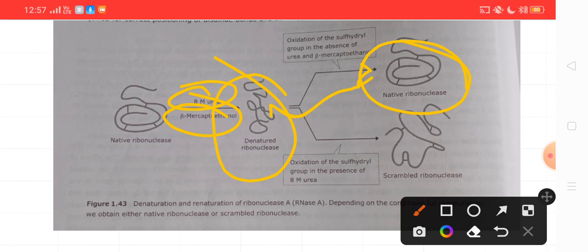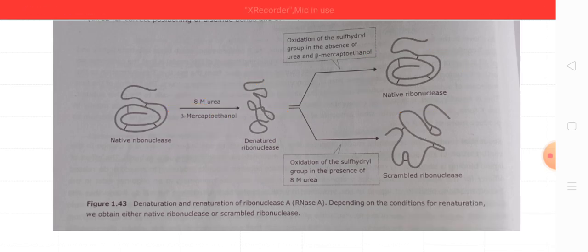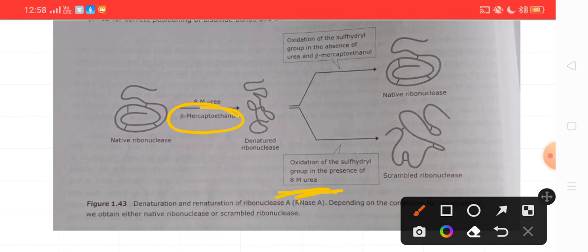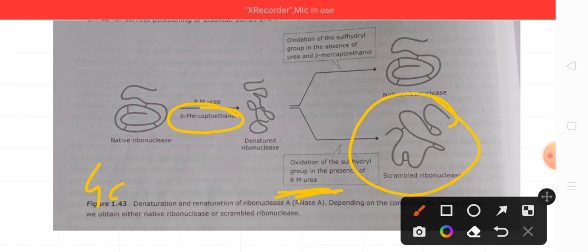Because it should take some time. Now, in the second sort of experiment, what he has done is that he only removed the beta mercaptoethanol, but conducted the experiment in the presence of 8 molar urea, and as a result, what he found is that the 4 disulfide linkages